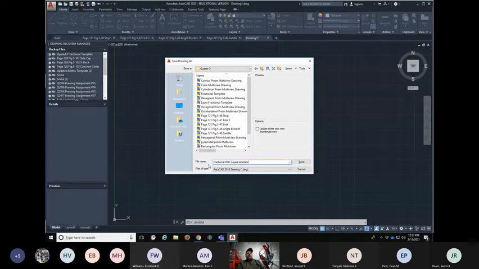Fractional with layers template. And so I go to save. Make sure that's saved in